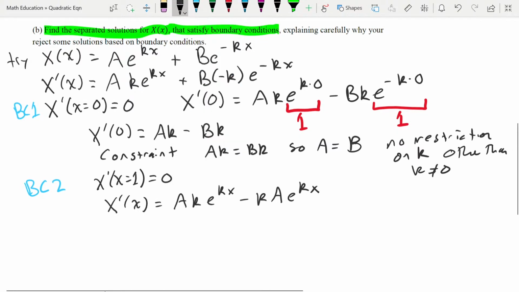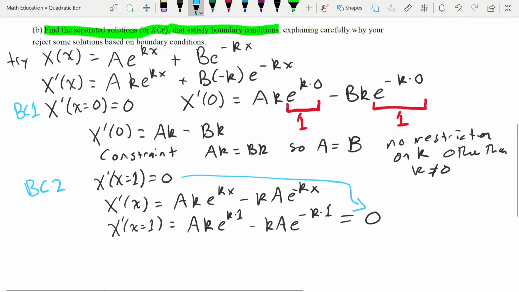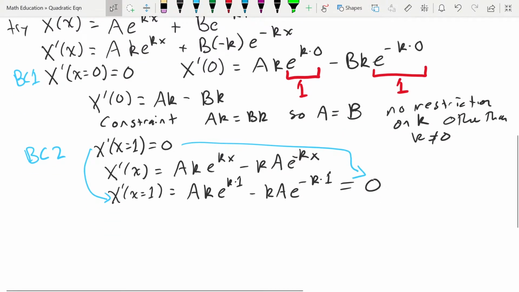So we substitute in for little x is equal to 1, and what do we get? We get a k e to the k times 1 minus k a e, oh, forgot a negative sign there, negative k times 1, and that's equal to 0. We're just getting that from that, and we're getting that from that. So we get that X prime at x equal to 1 gives us, well, we've got a common term of a, and we've got a common term of k. We've got e to the k minus e to the negative k